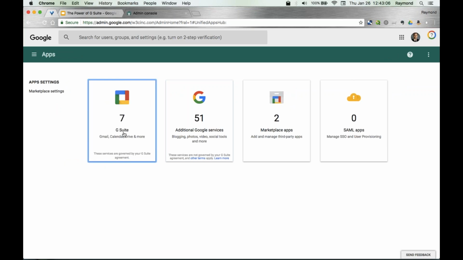So in this case, G Suite covers Gmail, Google Calendar, your Google Drive, the various applications under Google Drive, Google Docs, Google Sheets, Google Slides, and Google Forms, and Google Sites, and so on and so forth. But then you can actually implement so many other services within the additional Google Services area. As you can see, we have 51 other additional Google services enabled, and that includes Google Voice, Blogger, Google Photos, you name it. There's YouTube, right, where within YouTube I have training videos for my staff